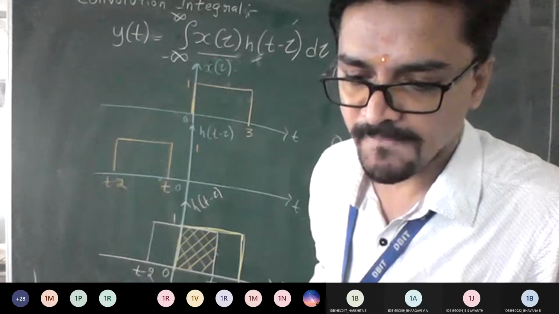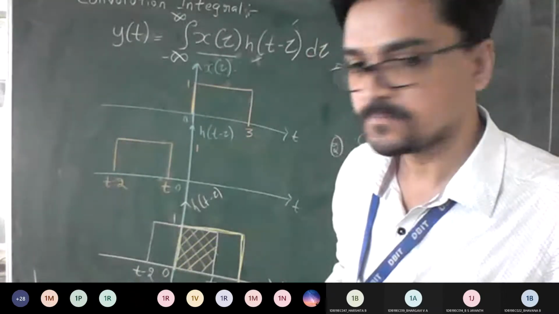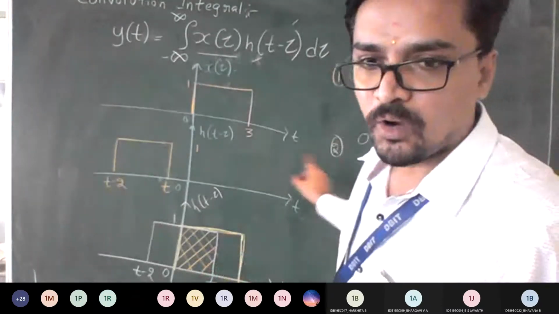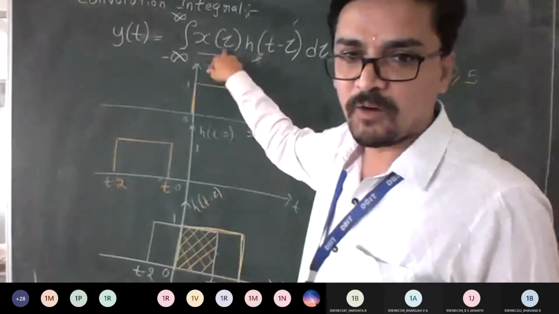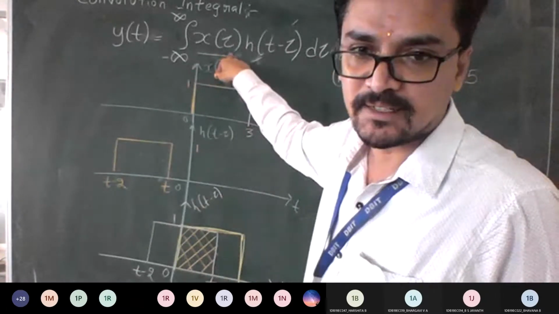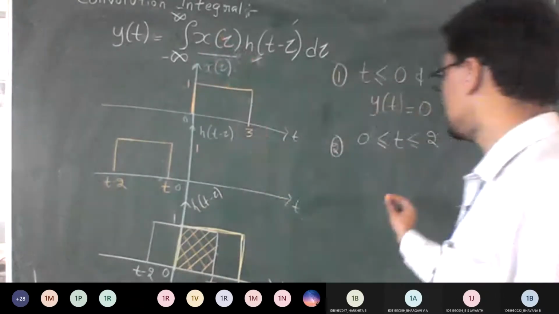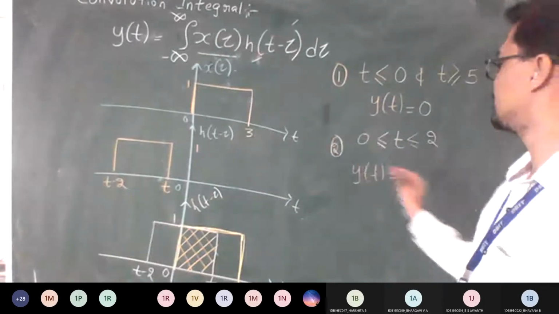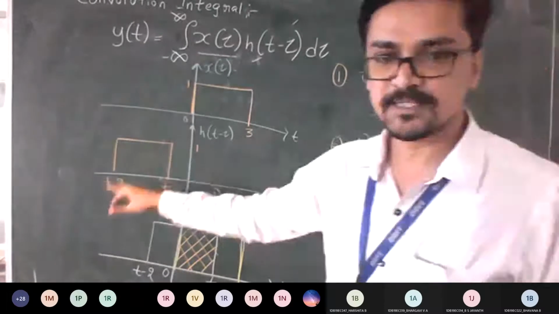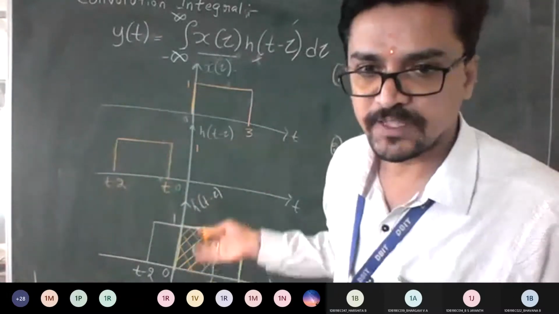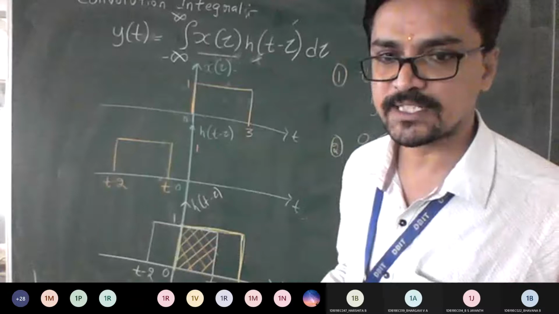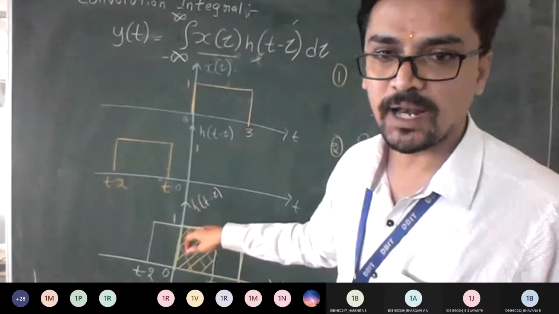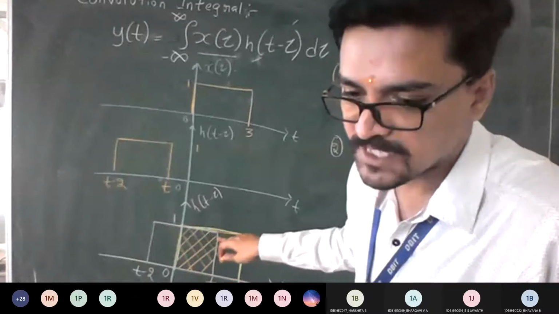Is it okay? Can we proceed? Yes, sir. So once you know overlap exists for case number 2, what is the solution? I need to take back this formula and put the integral here, right? So for this case, what is my output y of t? y of t is equal to the integral. Behind this or after this nothing is there, so if you consider it or not, it is 0 only. I want only where the convolution has overlap. So what is the interval now?